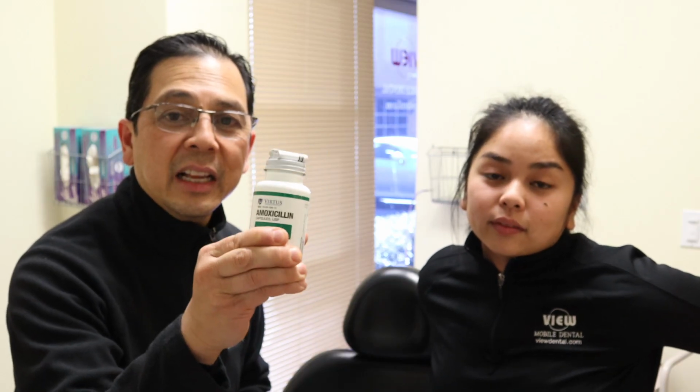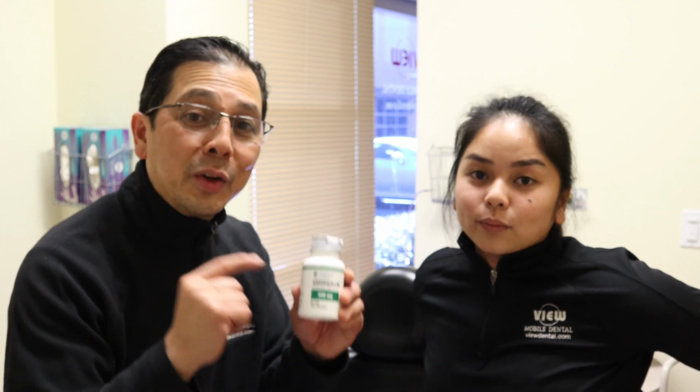Antibiotic is the first medicine that the dentist will give you if you have swelling on your teeth, if you have swelling on your gum, you are going to get antibiotic. And most of the antibiotic that is going to be prescribed to you is amoxicillin. Now, amoxicillin is a good antibiotic, but some people are allergic to this. So to make sure that you're taking in the right medicine, you got to tell whoever's going to prescribe it that if you are allergic to amoxicillin, make sure that they don't give you that